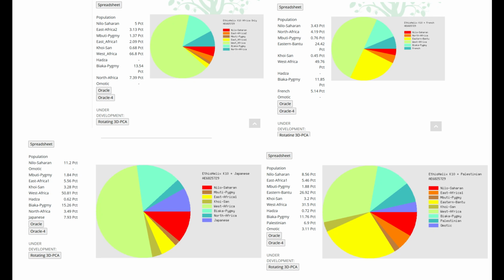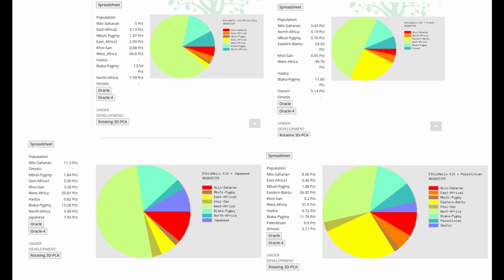On the first chart, it says my minor admixture is North African. On the second chart, it says my minor admixture is French. On my third chart, it says my minor admixture is Japanese. And on my fourth one, it says my minor admixture is Palestinian. And I know from all of my other testing and just from family research, all of this is inaccurate, so